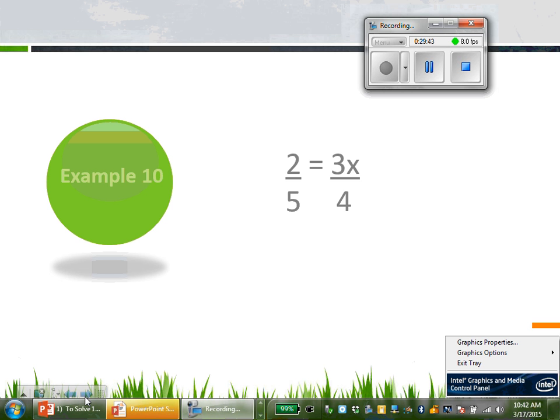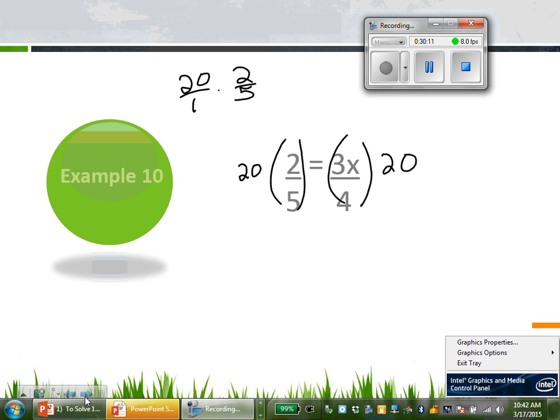Now I'm going to tell you, could you put this in your calculator and get the answer? Like, can you put in 20 times 2 divided by 5? Check it and see. What do you get? Now, here's the thing. 20 over 1 times 2 over 5, it does not completely cancel. But what will it do? It will reduce it. This becomes a 4. This becomes a 1. It will reduce it, and then when you multiply across,